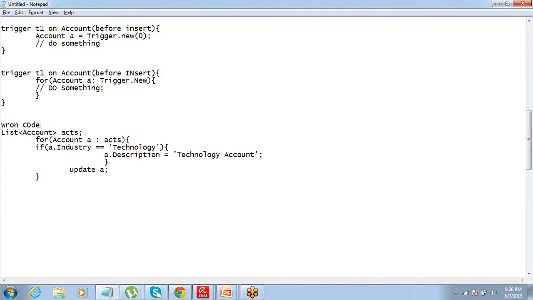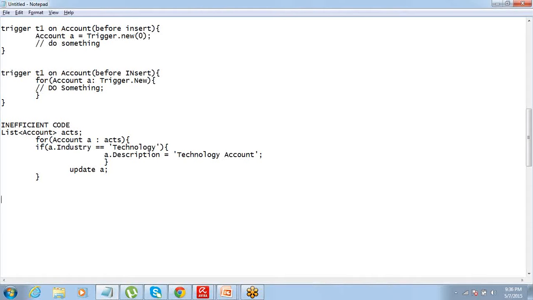So this is wrong code. Not wrong, in fact inefficient. Good only for a set of data which is less than 150, but will not deal with records which are more than 150, and 150 is a very small number, so you can easily hit that governor limit.